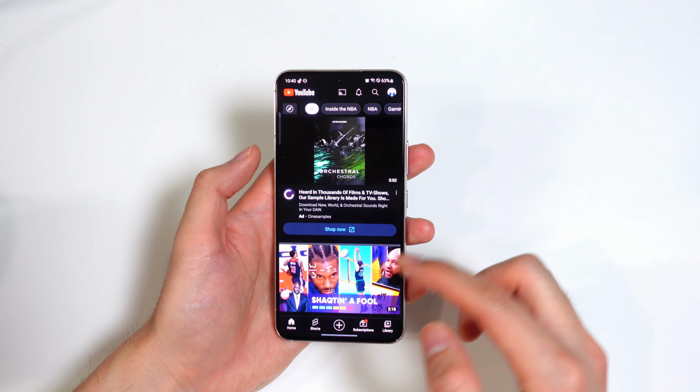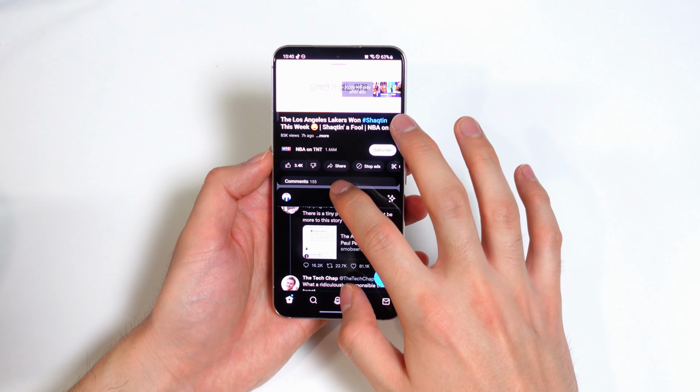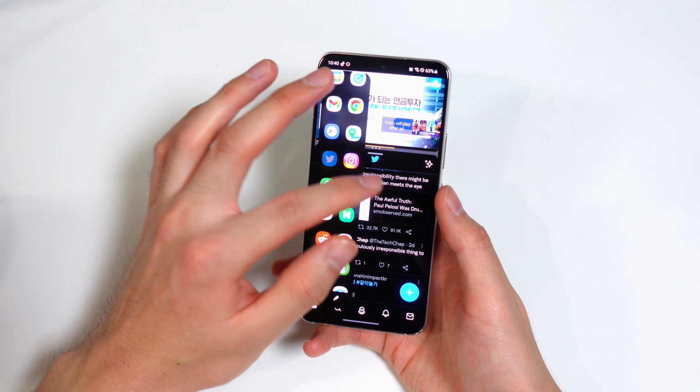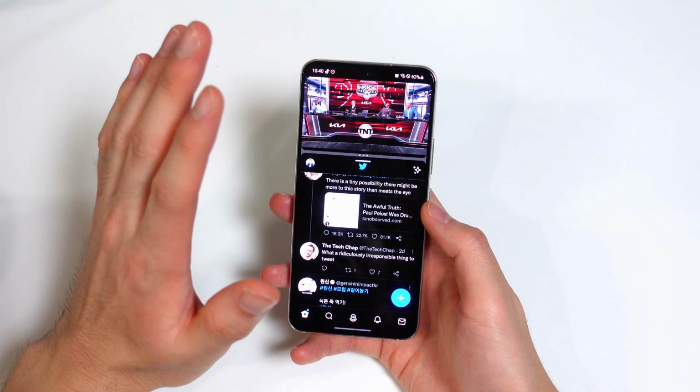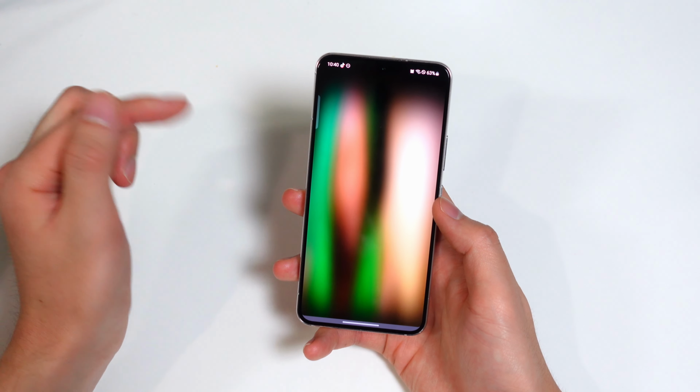Oh, I'm getting a bug there. I really do this all the time. Now I don't need the side panel anymore. I can just do the 2-finger swipe up, which is awesome. This really saves my life.